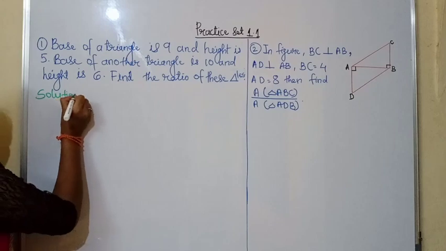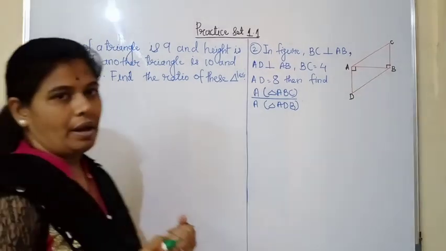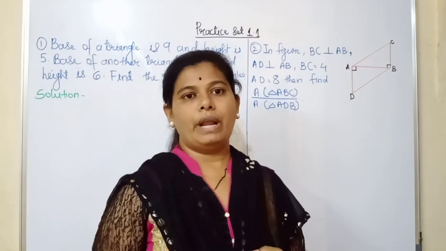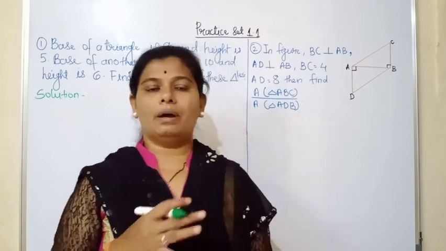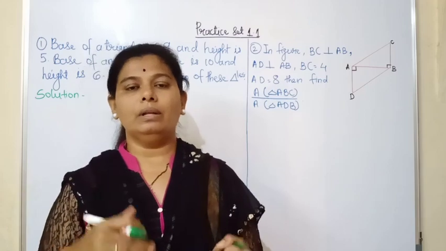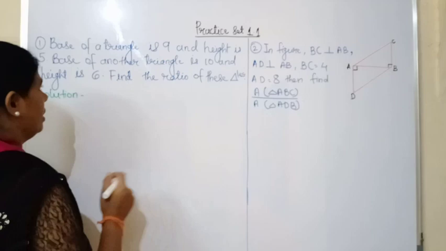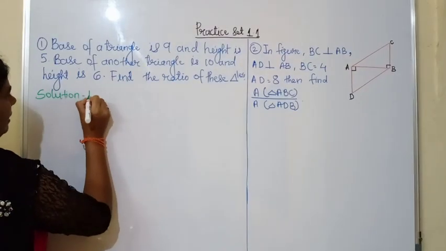We have to consider the area, base and height of one triangle as A1, B1, H1. Okay. And the area, base and height of another triangle we will consider as A2, B2 and H2. Okay. So we will write here, let